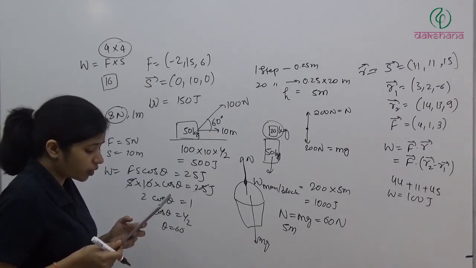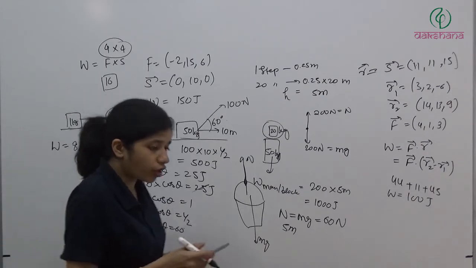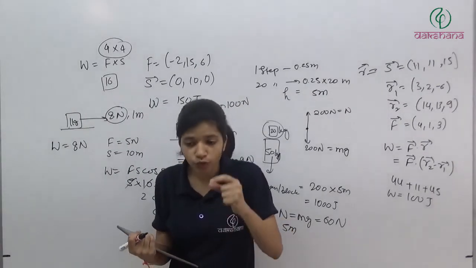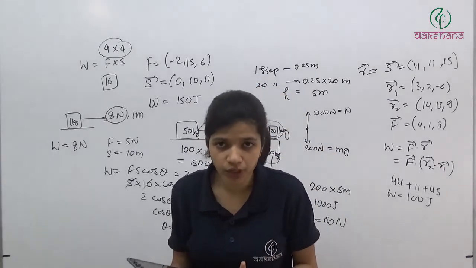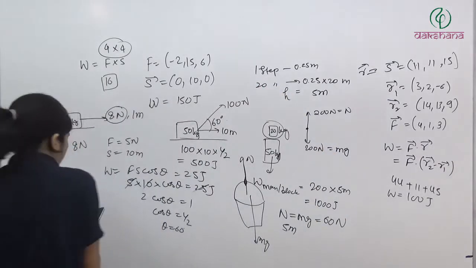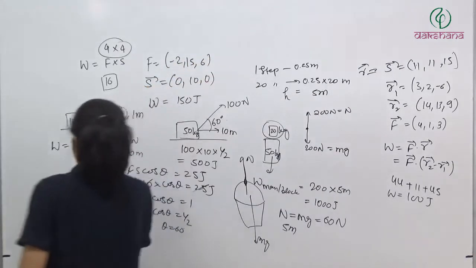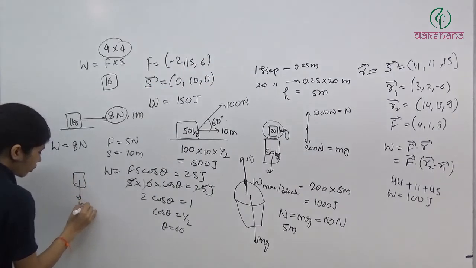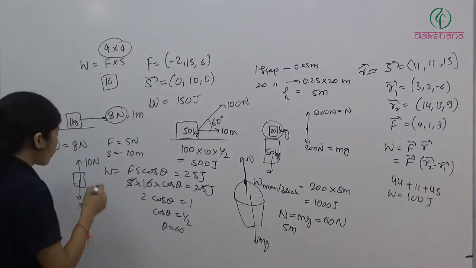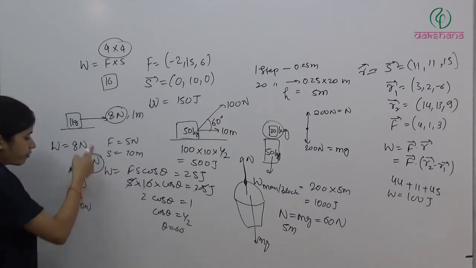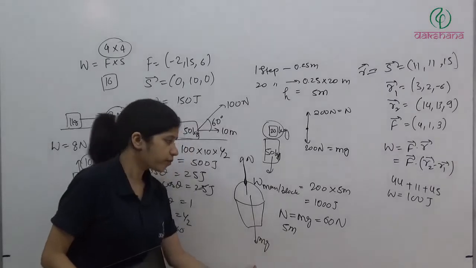And now it is moving in vertical direction by 2 meter. So what we are doing? When we have to move that block by 2 meter in vertical direction, what we should do? We have to work against gravity. Clear? We have to work against gravity. So simply we are lifting it by 2 meter. So on this block we have a force 10 Newton in downward direction. We should apply a force 10 Newton in upward direction. Clear? So what we'll do? We'll apply a 10 Newton force and it will move up by 2 meter. Similar to this. Here it is mg. Here it is normal.